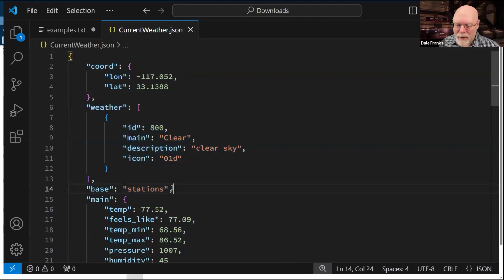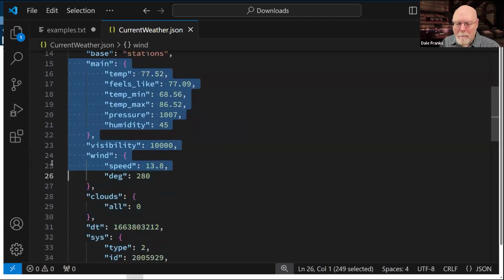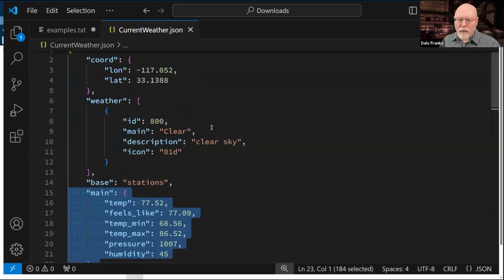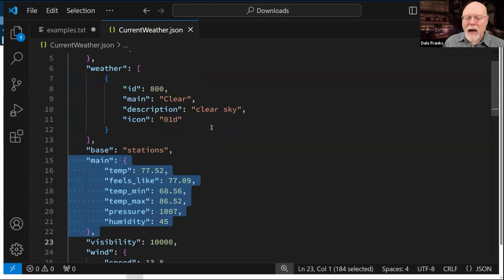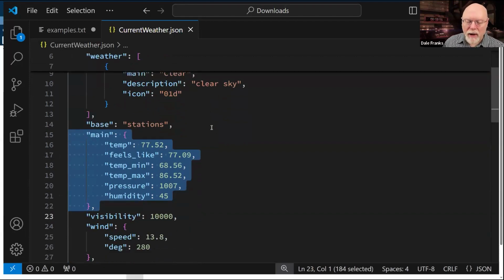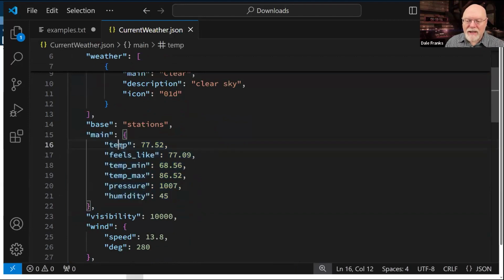Again, got my comma at the end. And here is the next node, main. So each one of these are all top level nodes. I've got coord, weather, base, and then main as a top level node. And my temperature is inside the main node.